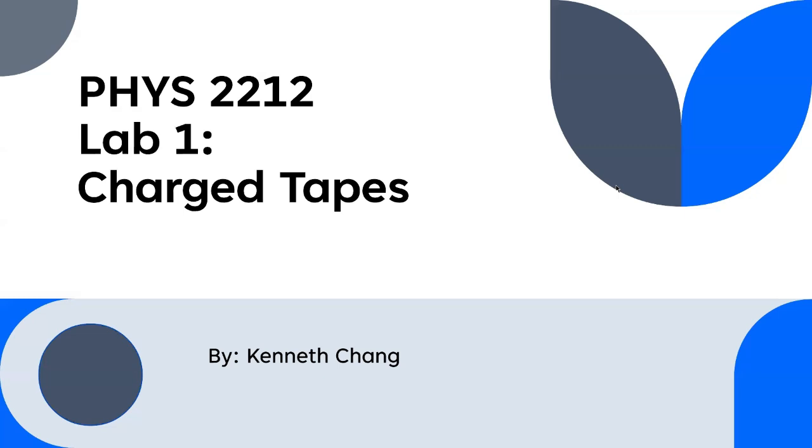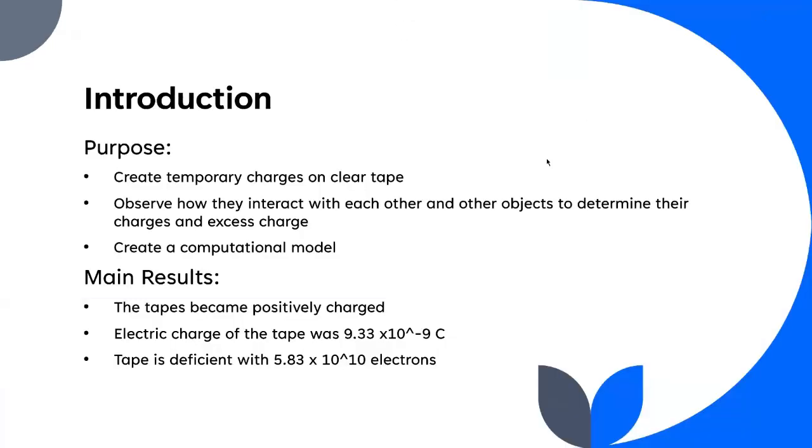My name is Kenneth Chang, and I will be presenting my lab report for Physics 2, Lab 1, Charge Tapes. So the purpose of this lab was to create a temporary charge on clear tape, observe how they interact with each other and other objects to determine their charges and excess charge, create a computational model